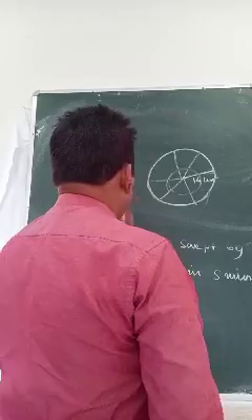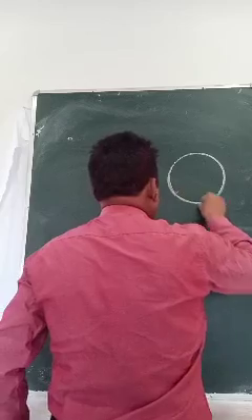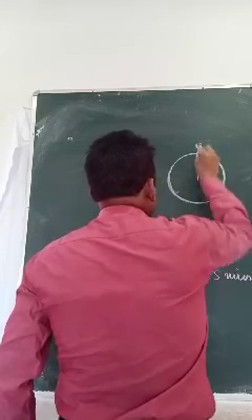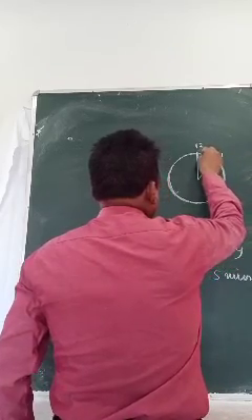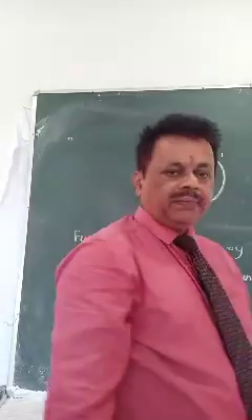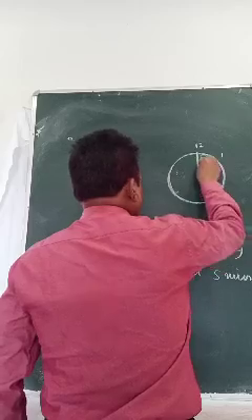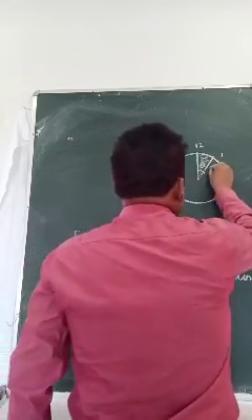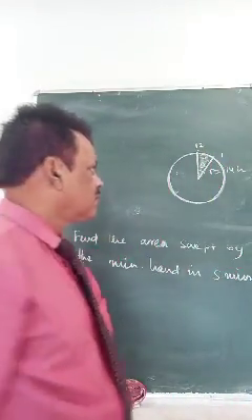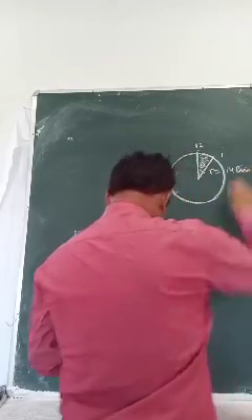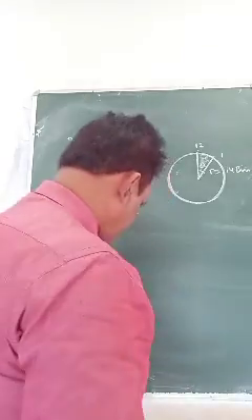So you are going to write. This is 1. That means this will be 5 minutes or not? 12 to 1 is 5 minutes. So this area you want to find out. Theta we don't know. R is equal to 14 centimeter. So you can write, the minute hand in 60 minutes makes 360 degree.